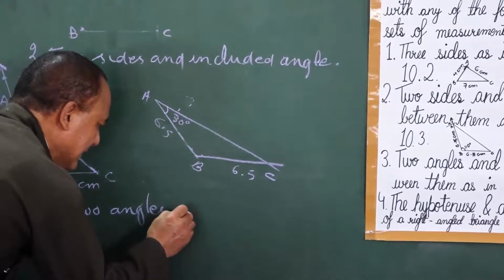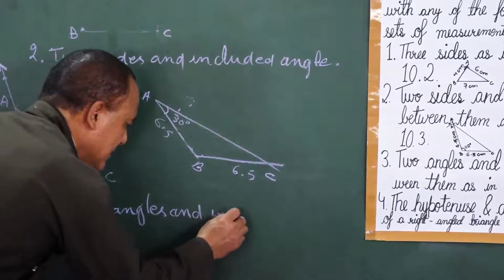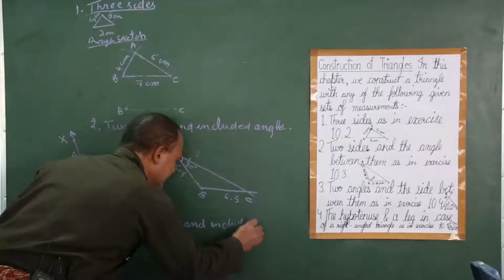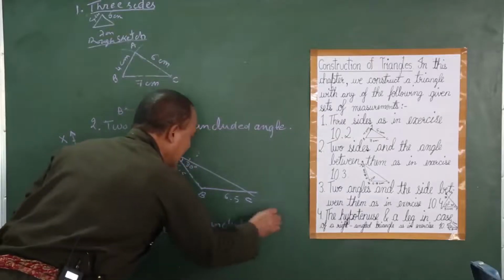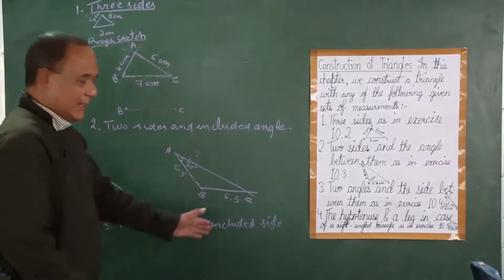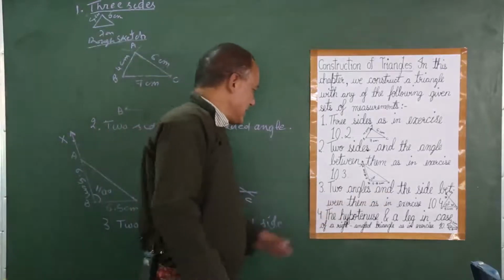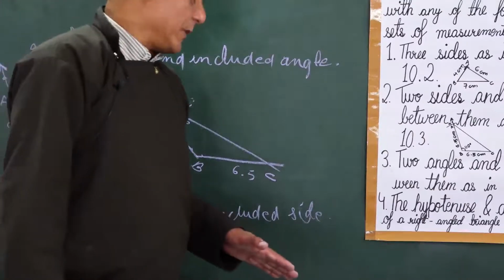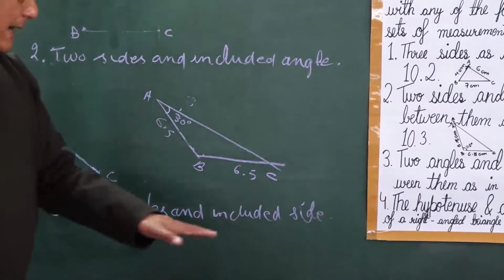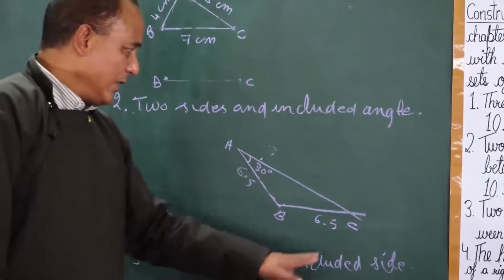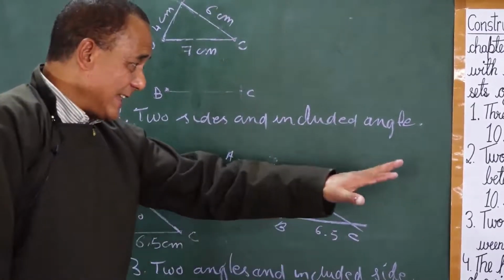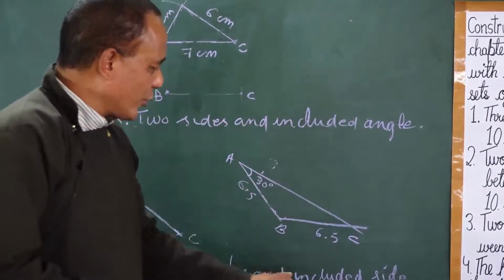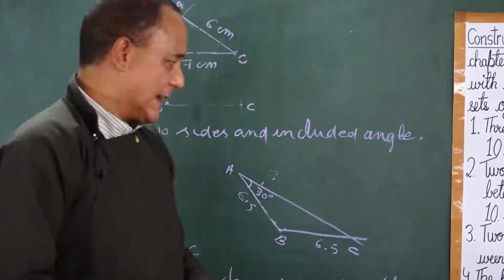and included side. I write it in short like this, included side, because if you write this much, it will be time consuming. But then you have a different idea about this angle, which is the angle between the two lines. I also call it included angle. So you also know that.